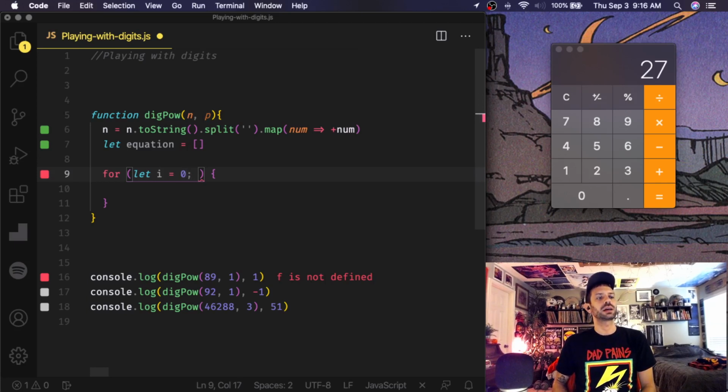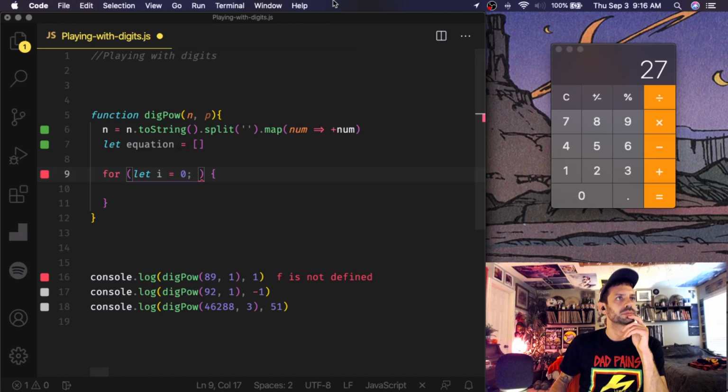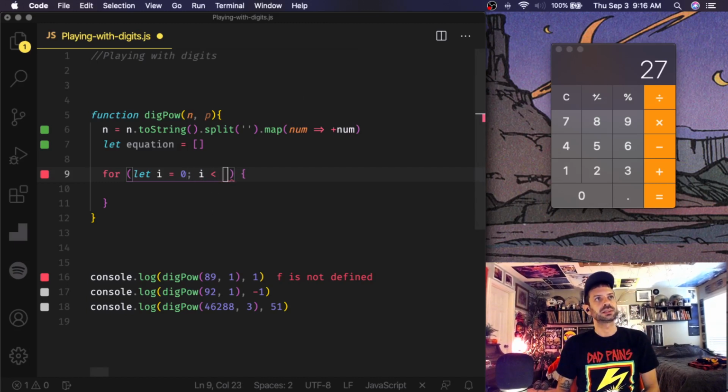And how do you put two different variables in a for loop? Then what we want to say is while i is less than